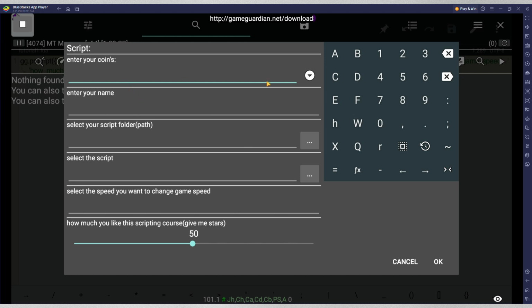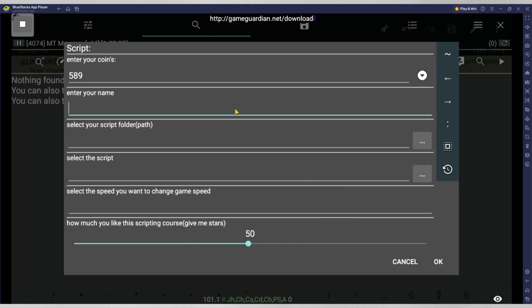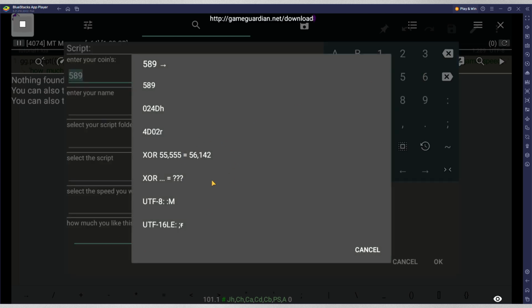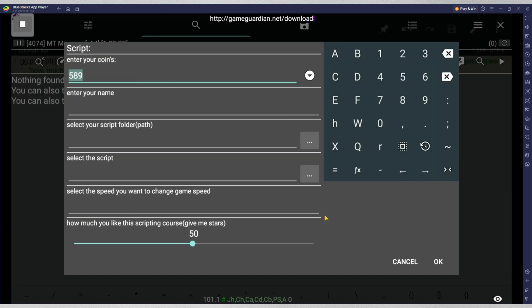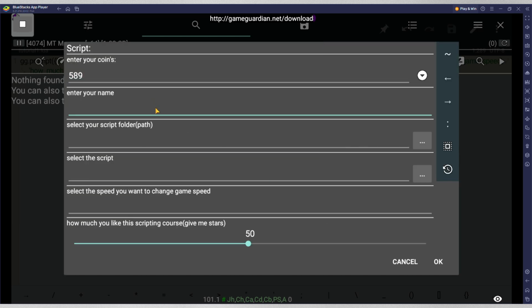If you watched our previous videos or tools explanation video, you already know about these options, so I am not going to explain them. Now let's enter a name. For this, it doesn't have the drop-down option like previous because it's not a number type. Now,